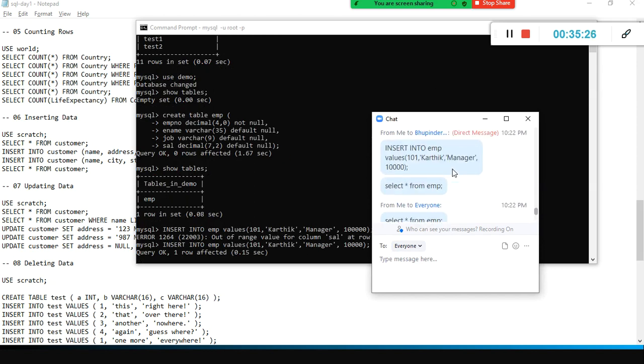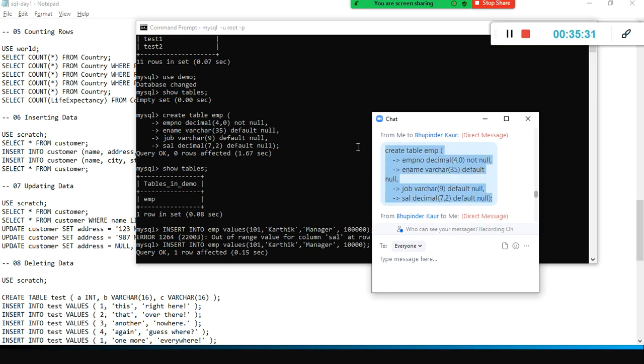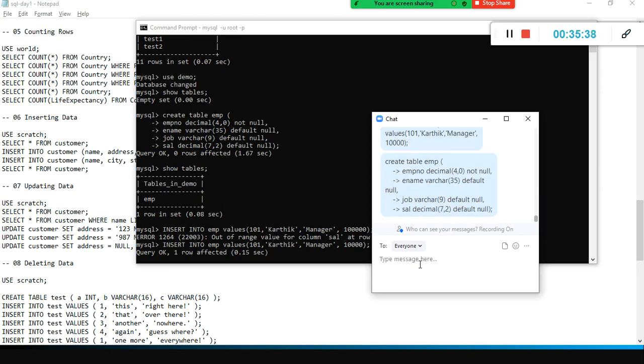Even this create table, I think I copied only to specific people. But you need to remove the hyphen arrow and all, okay? What does the hyphen arrow say? It says the continuation of this command is pending. See, this command has not ended.